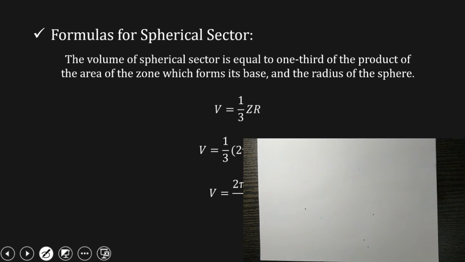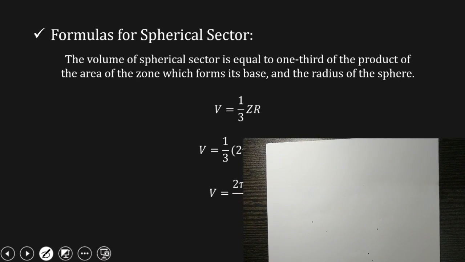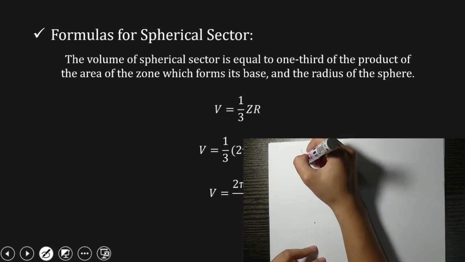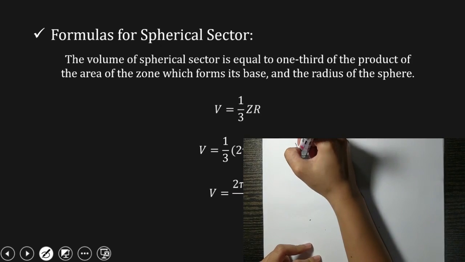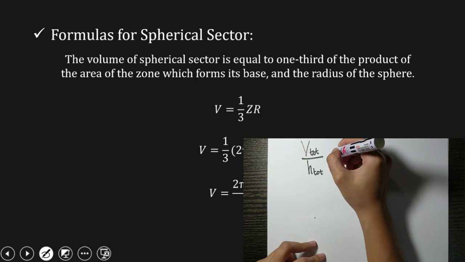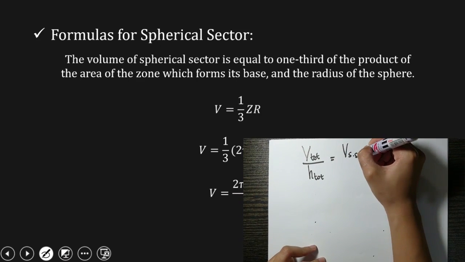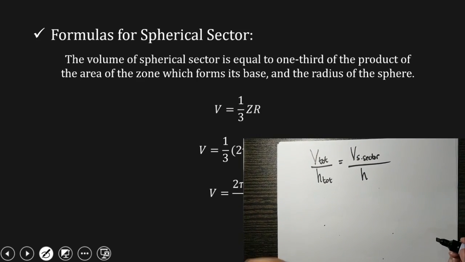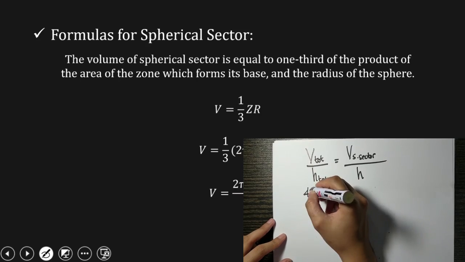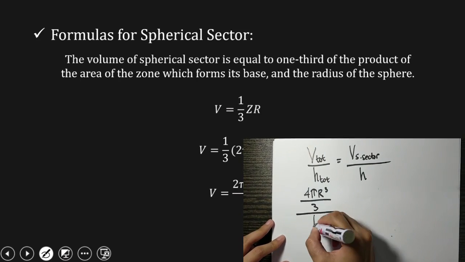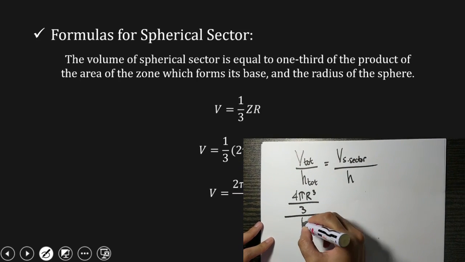The spherical sector formula could also be derived using ratio and proportion, but since the spherical sector is a solid, we will use the total volume of the sphere. So the total volume should be divided by the total height, which will be equal to the volume of the spherical sector divided by the height of the spherical sector. Now, the total volume of the sphere will be equal to 4 pi r cubed over 3 divided by its total height, which is 2r,